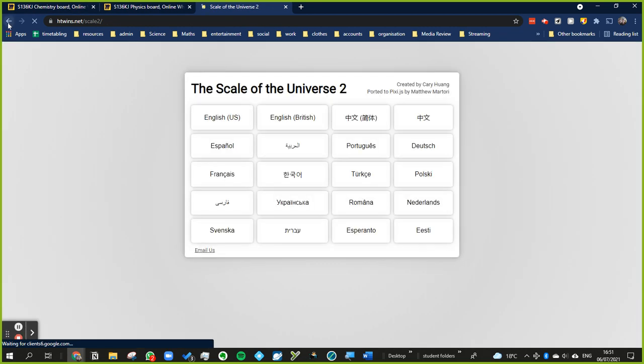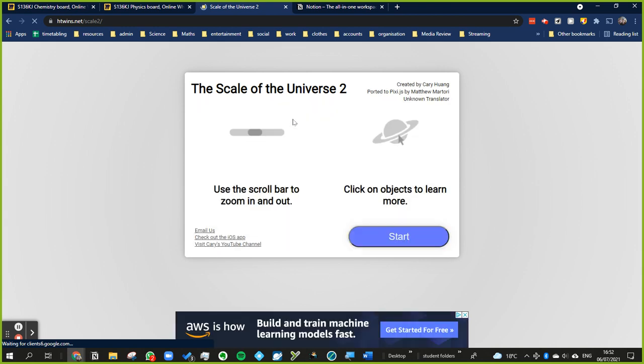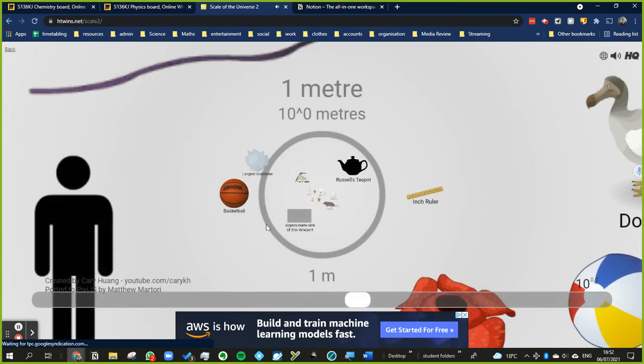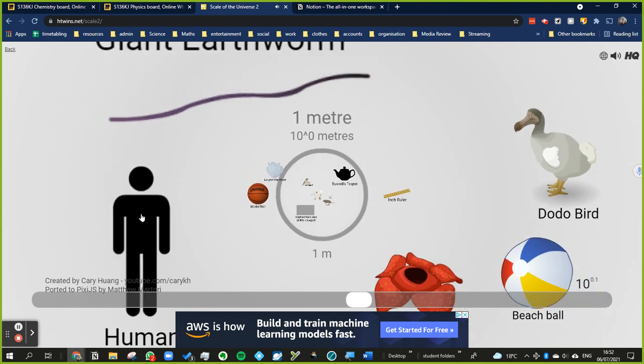Oh, I wanted it to keep the other one open. So you choose a language, so British English. Click Start. And what it's showing you is this. Basically, it's saying this circle is 1 meter wide. So imagine a meter ruler in a classroom, and this circle is as wide as that. And this is how big a person is. So if you zoom out,